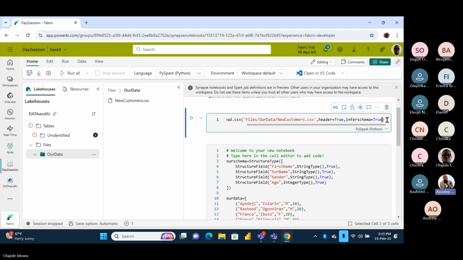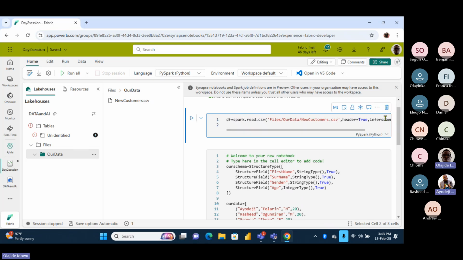Now, if I run this, it will just, this cell, it will automatically create a data frame and dump the content here in the data frame. But let us see the content of the data frame. Now, say the next line, before we run it, the next line, df.show. Okay, good. Let's show the content. Data frame show. Open and close a bracket. I love this. Run this and let us see.